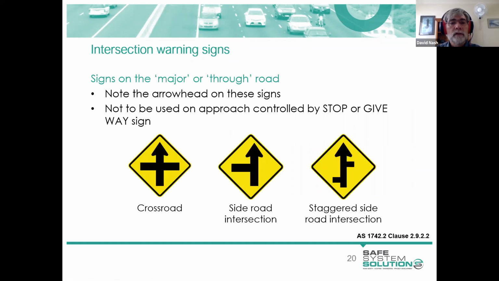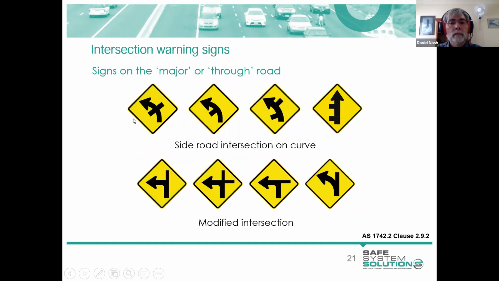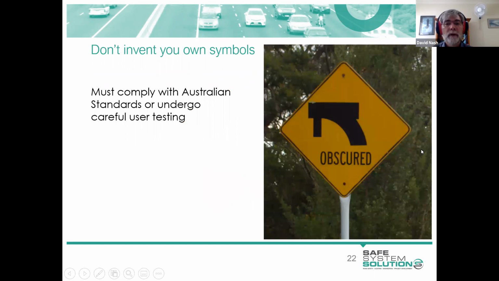So these are the signs that should be placed on the major or through road, the road that has priority. We've talked about the crossroad sign, and note the arrowhead. And these are other versions of that which are acceptable. There are all these different versions trying to cover most situations, but it can't cover all situations. So sometimes the